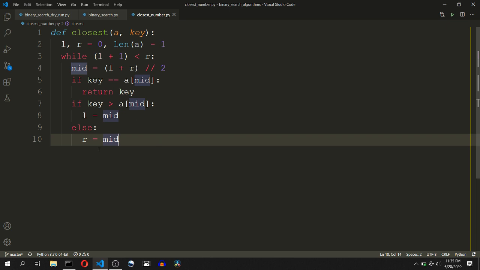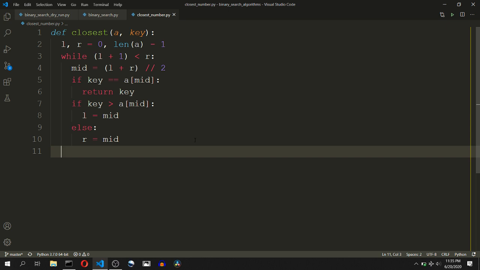And once the narrowing down is done, we will be left with only 2 elements, that is A of L and A of R. For the cases where there is only one element present in the input, these two values will be equal.